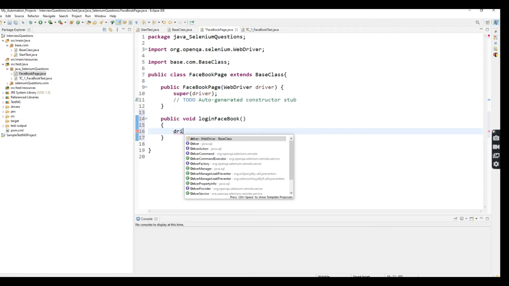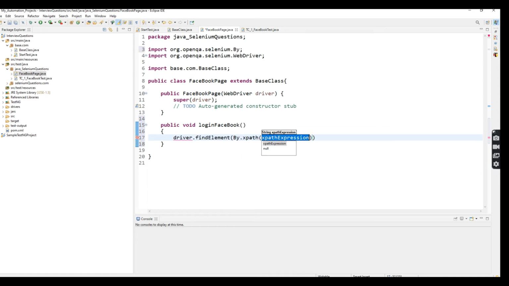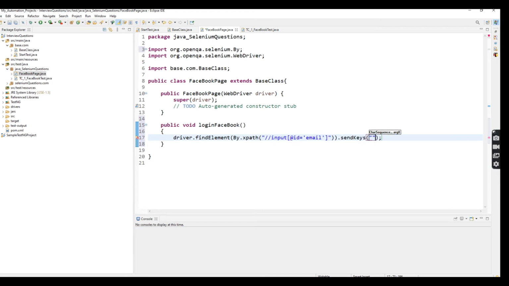So once you extend the base class, the WebDriver driver automatically gets initialized inside your subclass, right? driver.findElement(By.xpath), and here I'm going to put sendKeys. I'm going to give Sarathi steady at gmail.com.